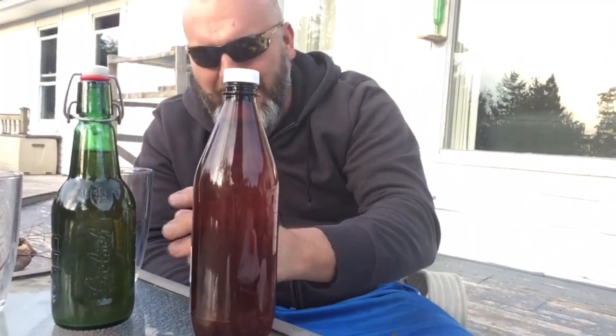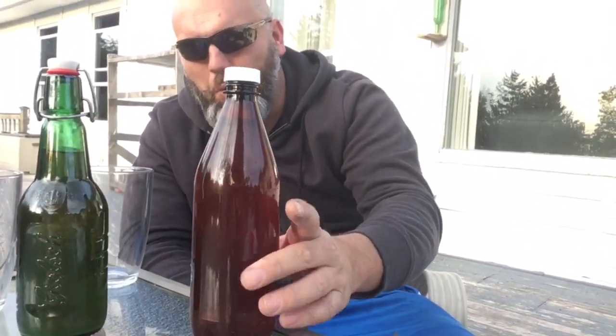So, this is kind of like a brewlosopher experiment. We're going to experiment because I've always said I like bottle conditioned better than keg CO2 conditioned. So,